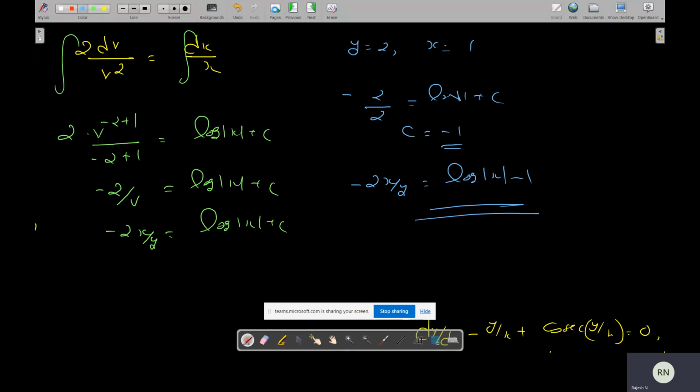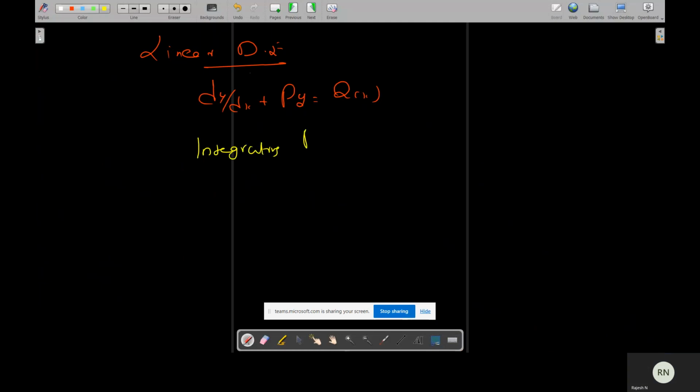That is the end of this homogeneous equation. One more is there, actually just deleted, just for your information. It is called a linear differential equation. The linear differential equation is of the form dy by dx plus py is equal to qx. This is the form of a linear differential equation. For its solution there are some terms: the integrating factor. Integrating factor is equal to e raised to integral p dx.